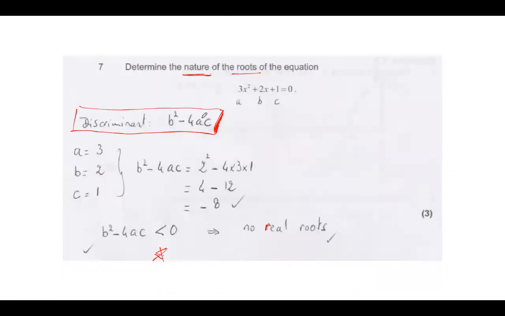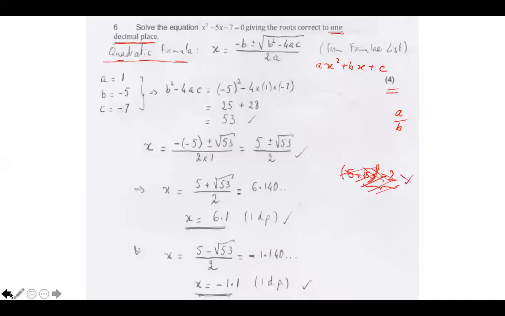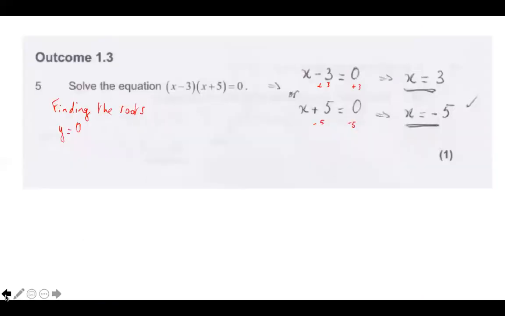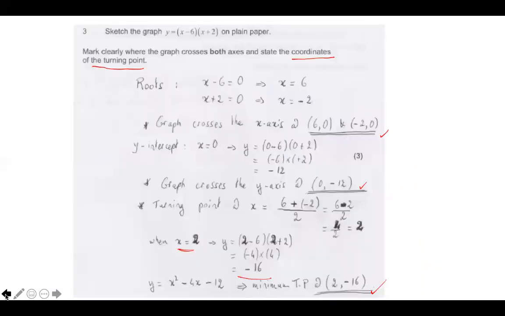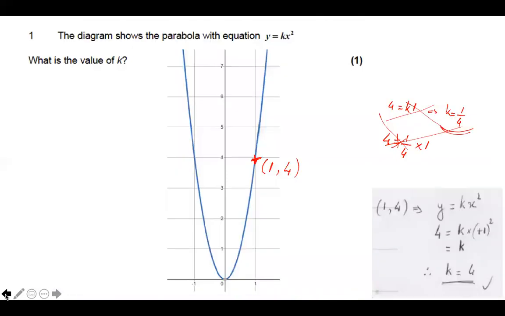If you can't remember b squared minus 4ac, look at your formula list. It's given you the quadratic formula, and it's whatever is under the square root. Okay. This one, correct to 1 decimal place, quadratic formula. Finding the roots, that was quite straightforward. And a wee bit of parabola work. Okay, guys, so it wasn't too complicated, but at least it gives you an insight